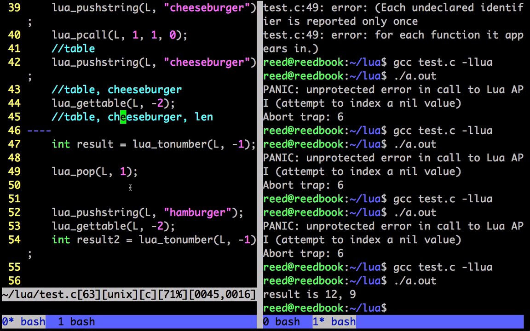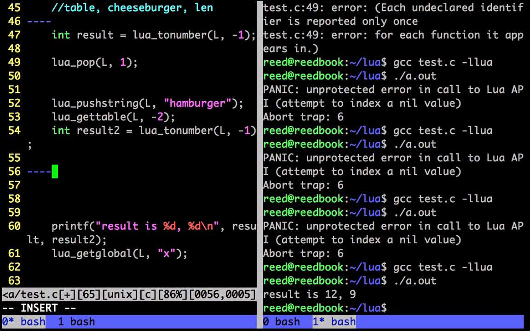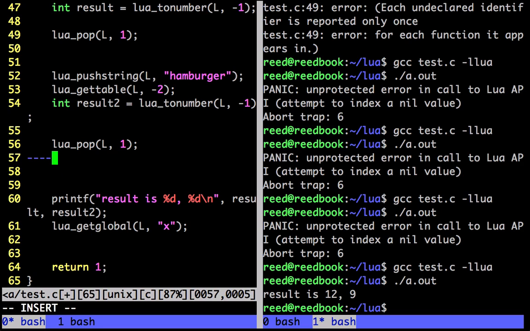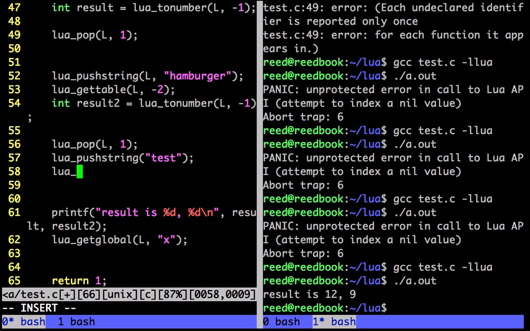Okay, so that's cool. How do I add things to the table, for instance? Well, young child, that's pretty simple as well. So all you do is you push 2 things to the top of the stack again. You have to realize that we have to pop the result from the last time off the top. So now the table is at the top of the stack. And what you do is basically you push the key, then the value, and then you do a Lua set table. So Lua push string test, Lua push string